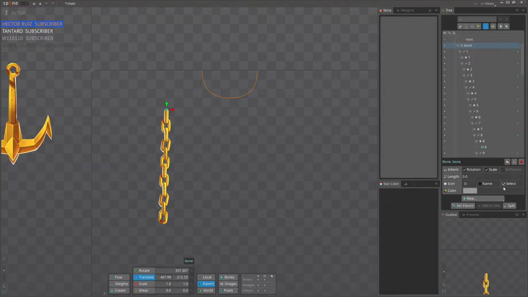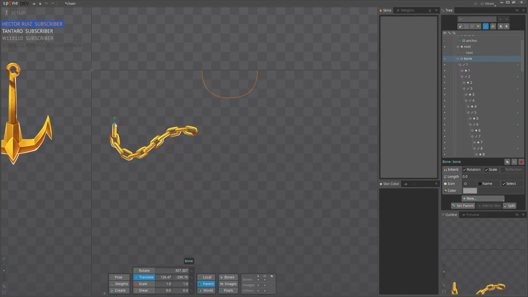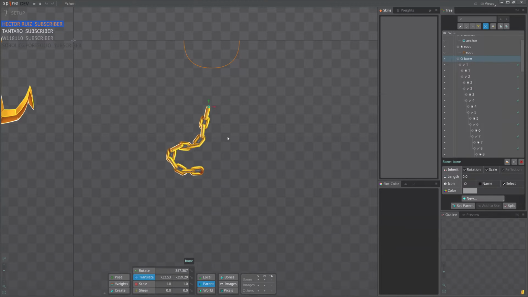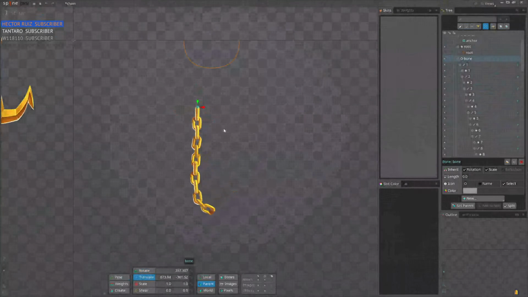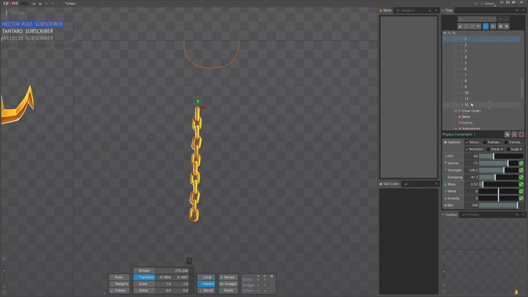Maybe we have lower damping. Let me see. The reason it is not realistic is because we are actually bringing it back to the original pose, and instead we can